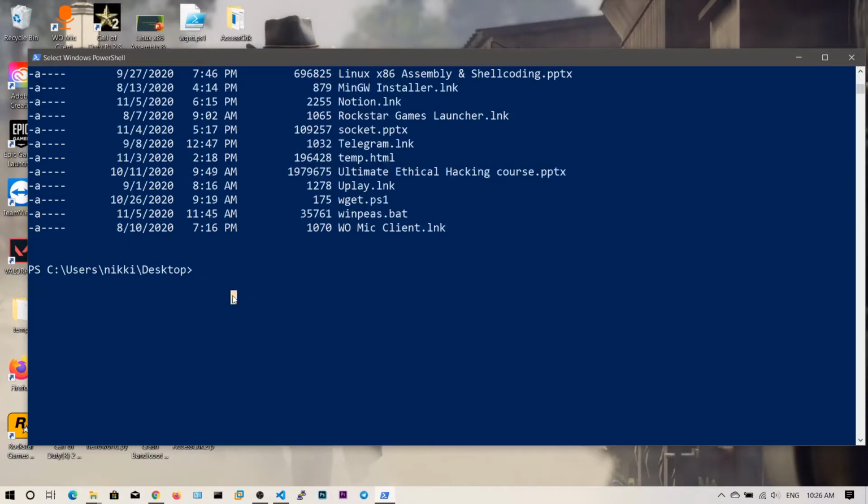Aliases. So we need to say Get-Command to get the commands list, and let's pipe it into findstr, then dir. So we need to find the command dir, which shows the contents of the current directory.